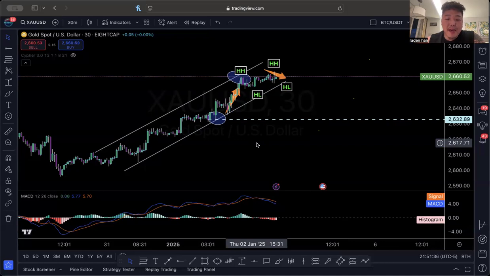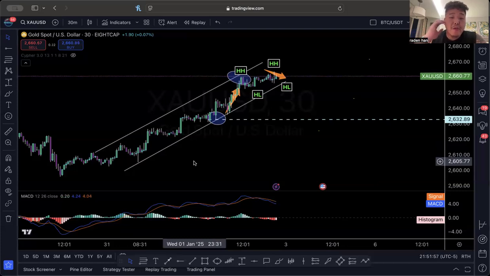As an assignment, I'm going to have every single one of you draw this line on the recent gold 30-minute chart and identify all the higher highs and higher lows. And then I want you to identify where you would place buys, okay? Because the current trend is an upward trend, right? So I want you to explain why you would do it and identify all the entry levels. And that is going to be your homework. Let me just end the recording. So I want you guys to post this in the